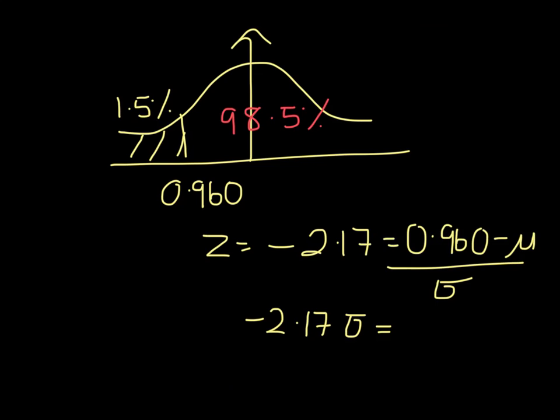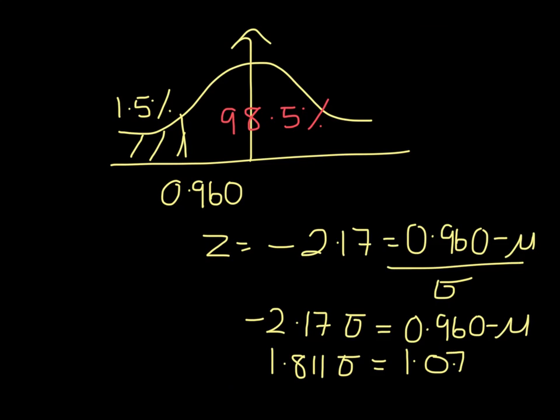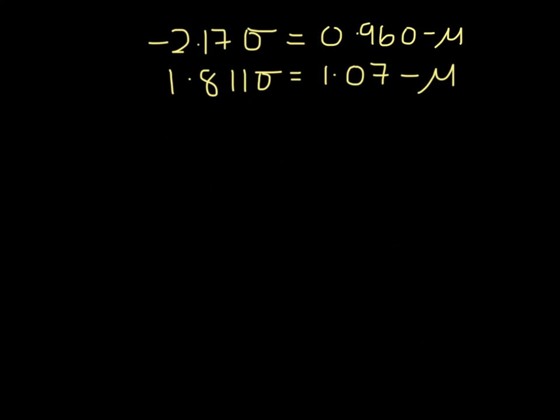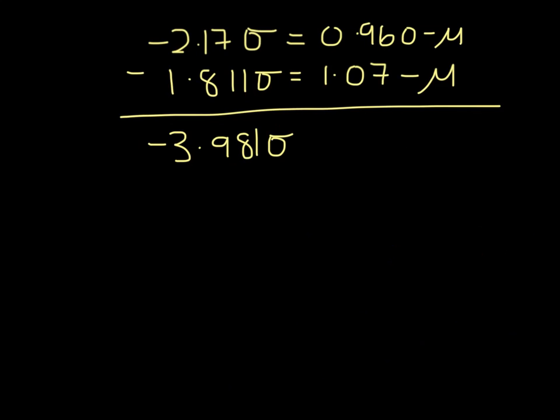So minus 2.17 standard deviation equals 0.960 minus the mean. And 1.811 times the standard deviation equals 1.070 minus the mean. So I have two equations and two unknowns, and to solve these I'm going to subtract them. Minus 3.981 sigma has to equal minus 0.11, so the standard deviation is that value divided by the 3.981,